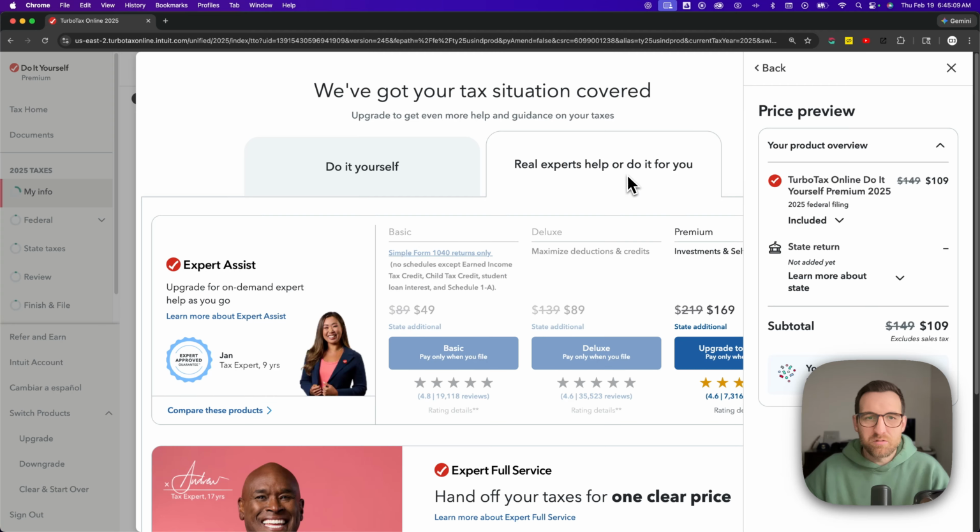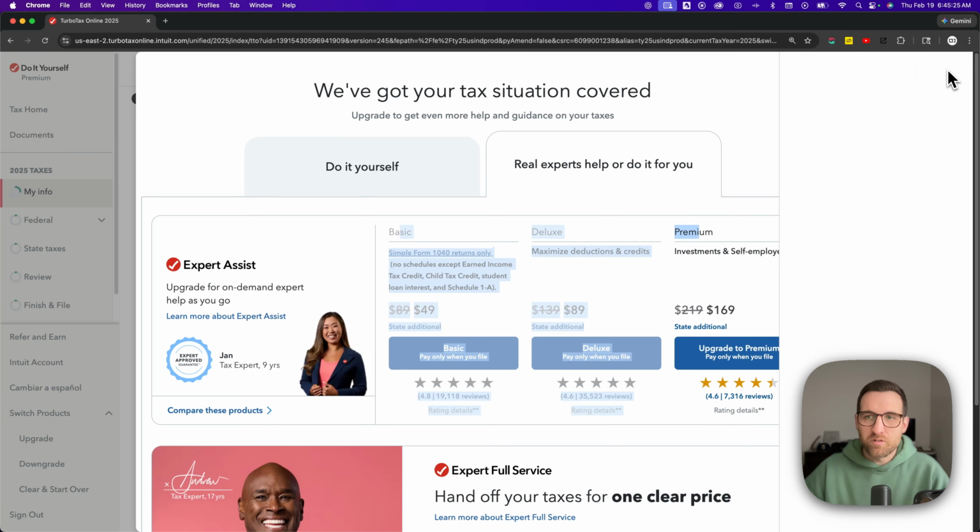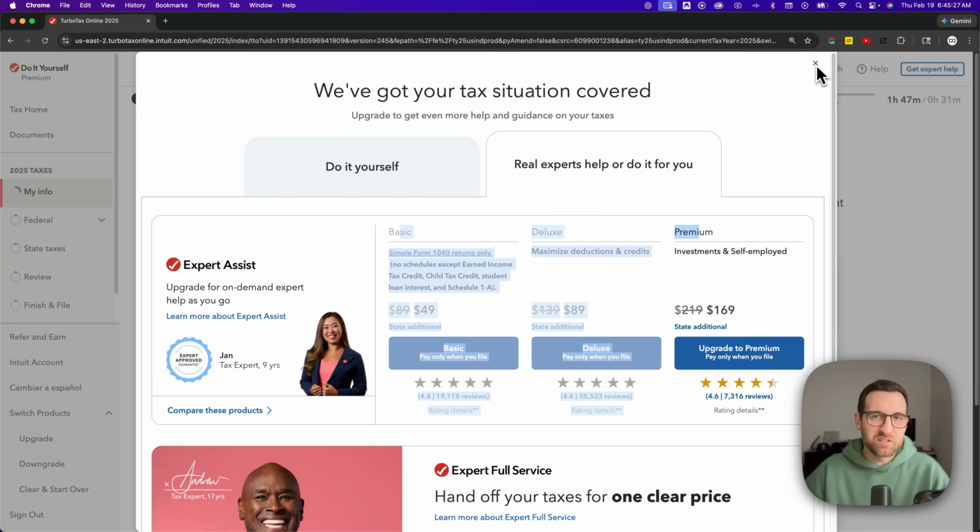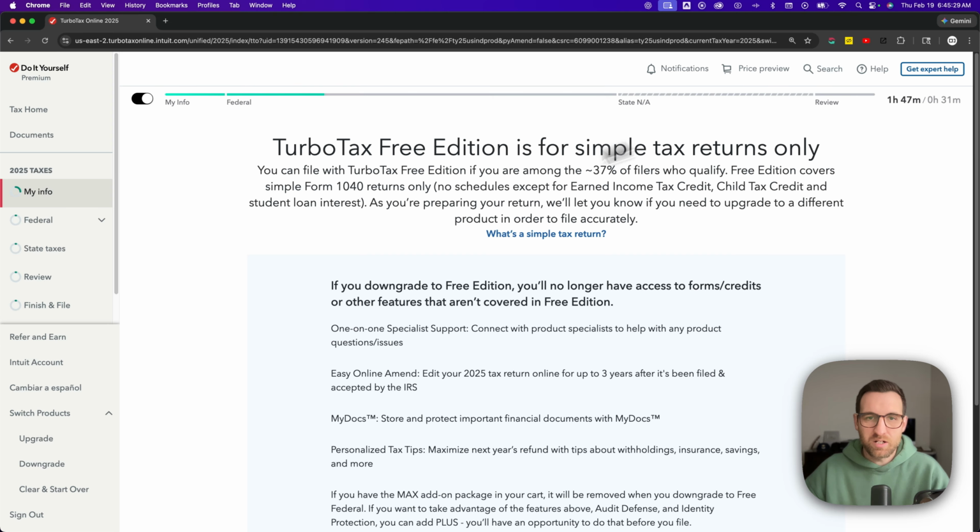So if you happened to not sign up for the right one, this one here, you cannot downgrade back to premium or downgrade back to free. You'll have to just clear and start over to get back to free. All that means is yes, you can start over, but you will have to completely start over all your information. Whereas downgrading just switches the product so you don't have to lose anything you've put in. So you can clear and start over. And if you do, that gets you back to the first page,